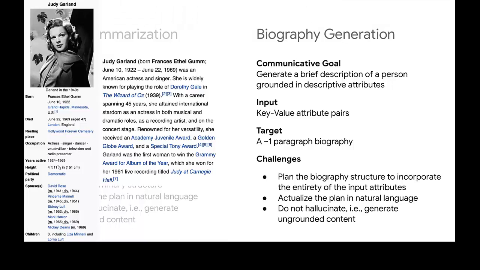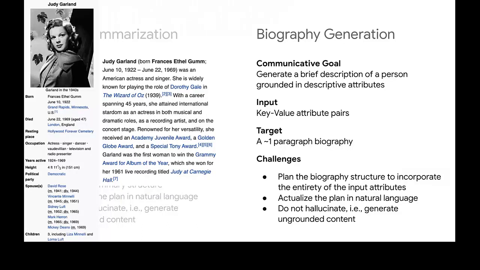And this task obviously also has associated challenges with it that are actually very similar to the news summarization task. Here, the system still needs to plan the biography structure, but it needs to also do so to incorporate the entirety of the input attributes rather than just the important points. It still needs to actualize this plan in natural language, and it also shouldn't hallucinate, i.e. generate ungrounded or non-attributable content.